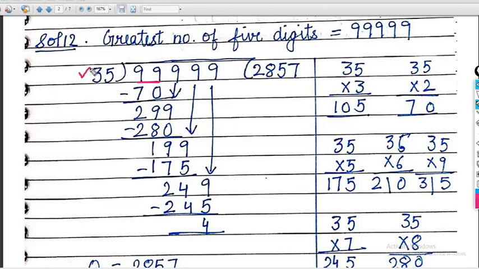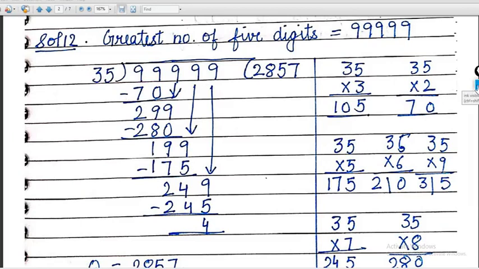So first we will decide the digits according to the divisor. 2 digits in the divisor, 2 digits in the dividend. We have decided 99 is bigger than 35, so we can go. But now it's not possible for us to take the table of 35, so we will simply do guesswork. As you know, yes, we will take the table of 3.